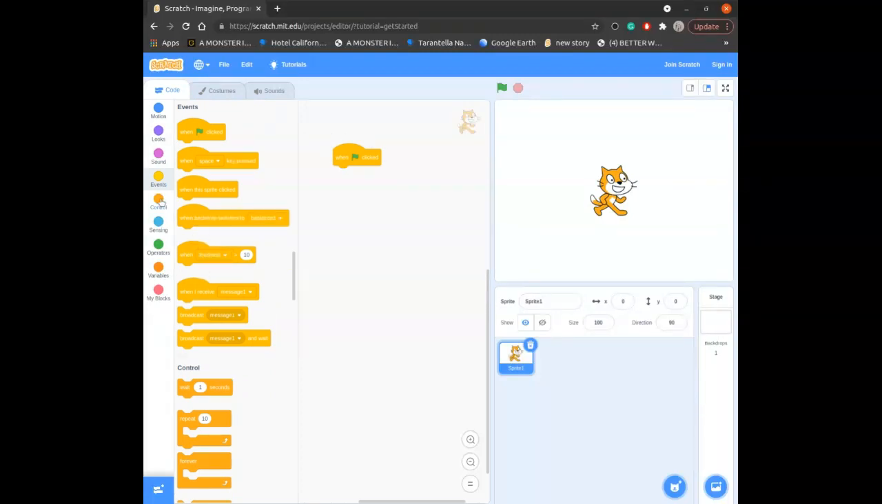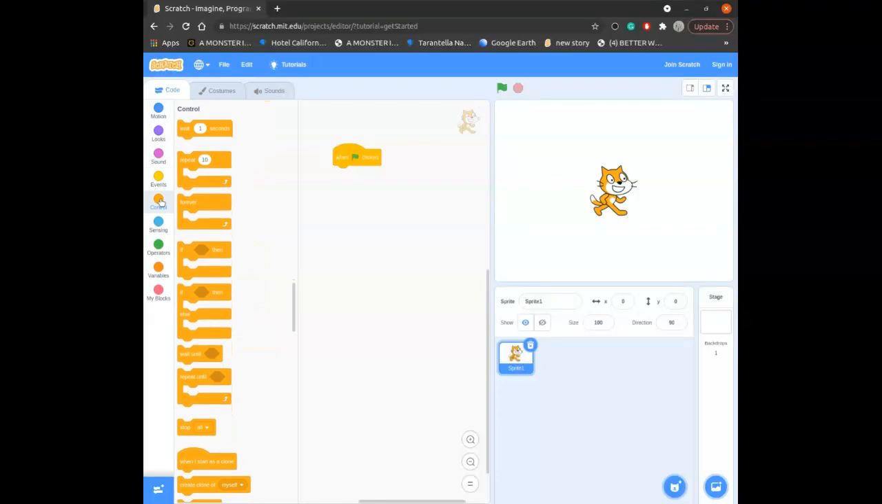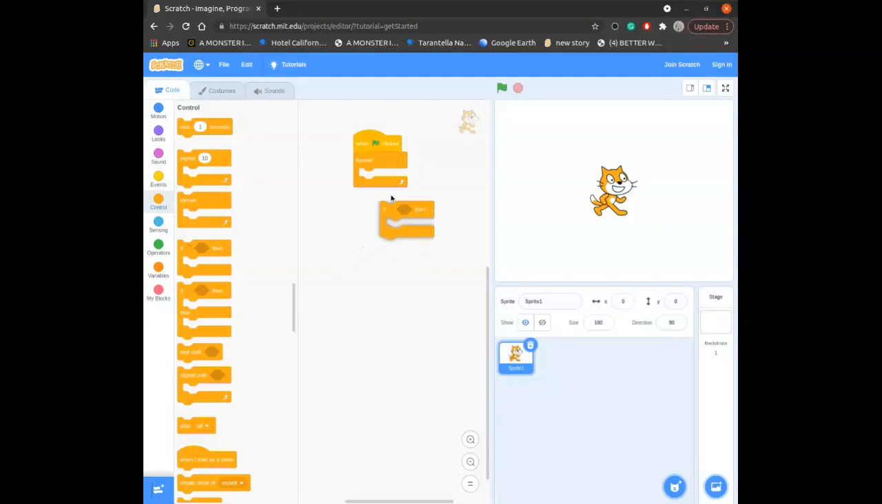and go to control. Take a forever block. It could happen with any other block you want, but for now we're going to use a forever block. Then we're going to go to if and drag it here. We're going to go to sensing,